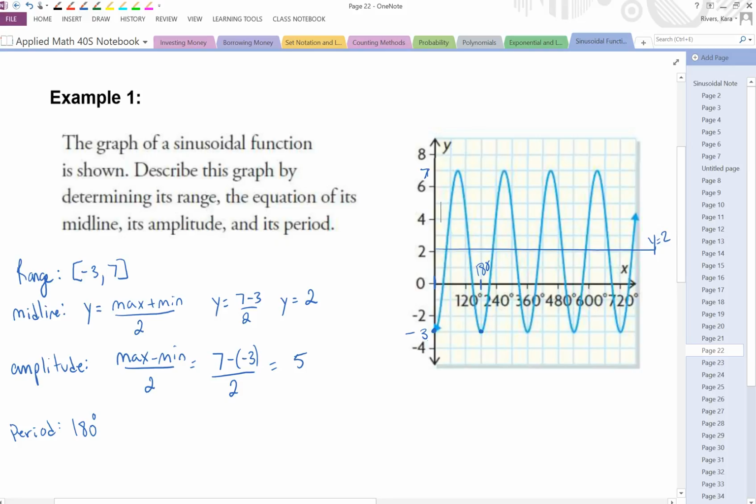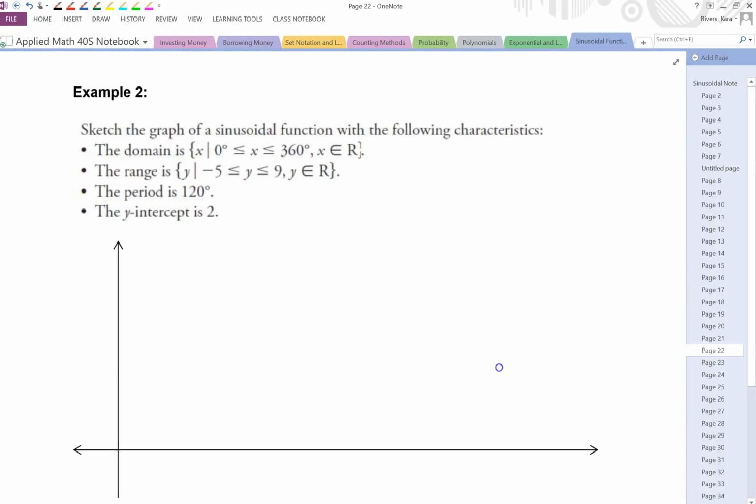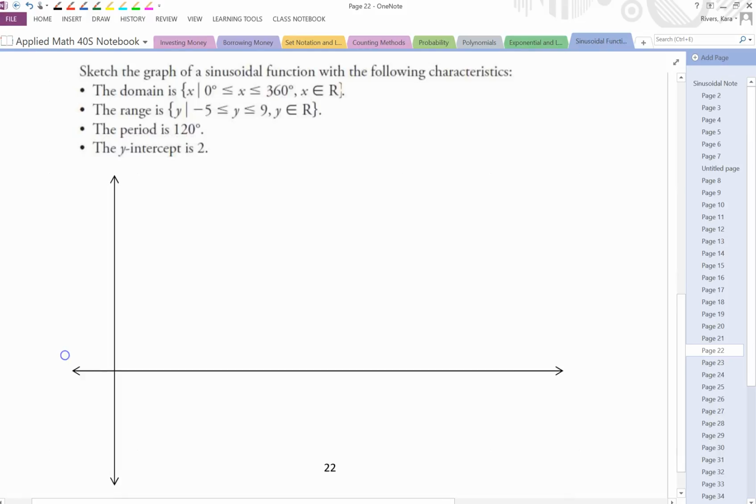All right, take a look at example 2. In this case, we're given the parameters and we have to draw the graph, which is a bit more challenging. It says sketch the graph of a sinusoidal function with the following characteristics. The domain is between 0 degrees and 360. If you'd rather write the domain this way, you can do that. The range goes from -5 to 9. Remember, you don't have to write the domain and range that way, but you do need to be able to read that. The period is 120 degrees, so there's one full cycle in 120 degrees,